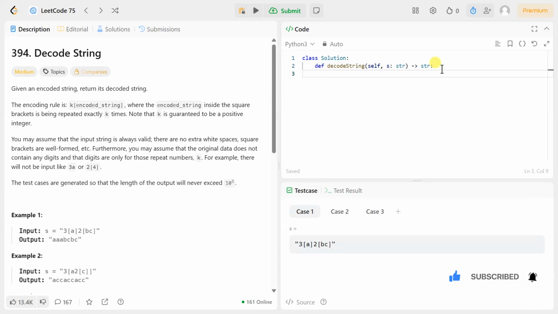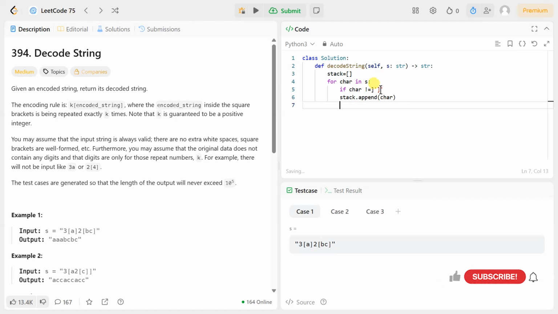Now to implement that, first of all we will initialize an empty stack, and then we will traverse through the string that has been given to us, that means for char in s, and we will check if char not equal to right square bracket, then we will stack.append(char), and then okay, I think I made a mistake here, and okay, and else